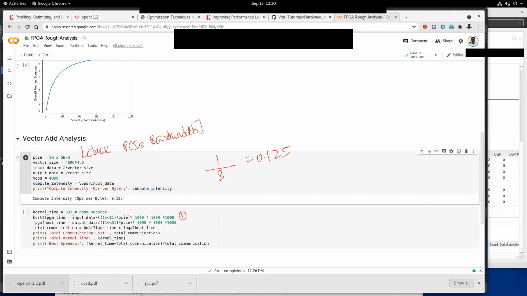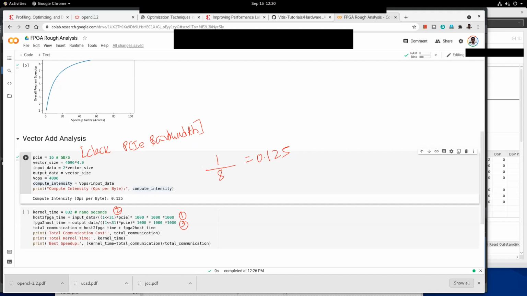Then the actual kernel computation time is 832 nanoseconds, and we will see where it is coming from. It's an estimate. The third is the FPGA to host time. After we compute the results, we transfer the data back from the FPGA to host memory, and this is the time.